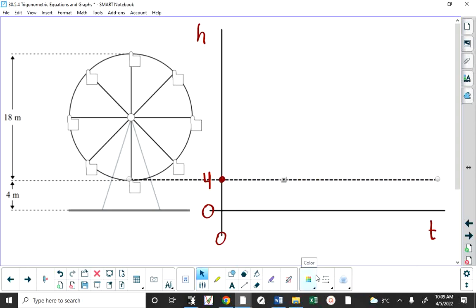And after one complete rotation, they're going to end up back in the same place. So what I'm doing, everybody, is I'm building a visual of one complete cycle of the graph so I can come up with the equation from what I draw. We also know